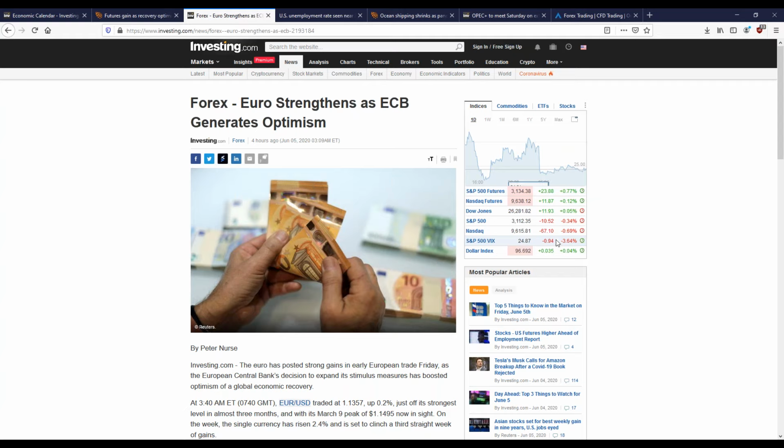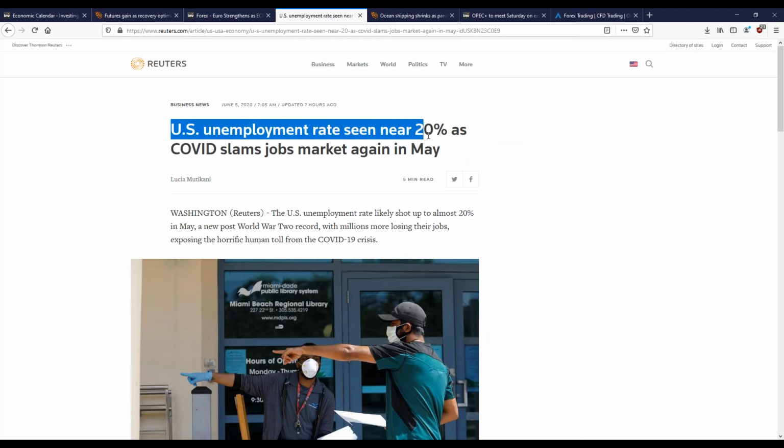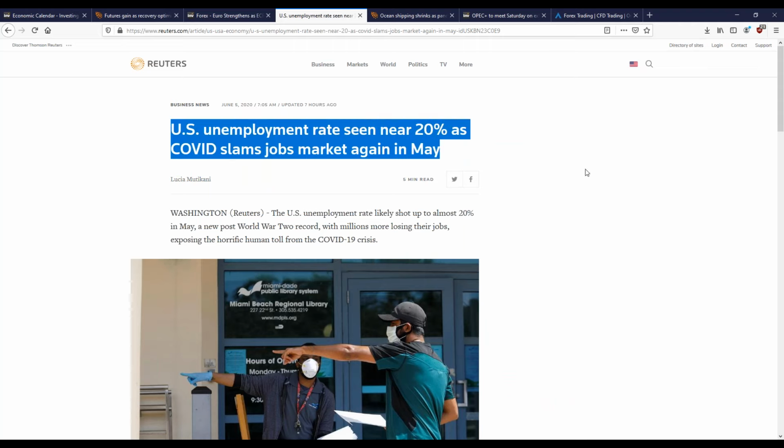And just taking a quick look before you start trading at the fundamentals like this can really help with what you prefer to do with your entry points. Okay. Here's another headline: U.S. unemployment rate seen near 20%. They're talking about the prediction we just looked at. When the numbers come out here in about 20 minutes, the expectation is unemployment rate's going to jump to 20%. So if the unemployment rate comes in at 20%, boy, that sounds horrible, but it's expected, right?